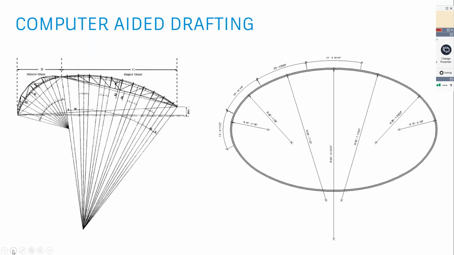But with the advent of computers, computer-aided drafting came to the fore. Autodesk came up with AutoCAD, which helped in this migration from sketch-based drafting to computer-aided drafting, which provided a little more precision and a lot more accuracy, and it sped up the entire workflow.